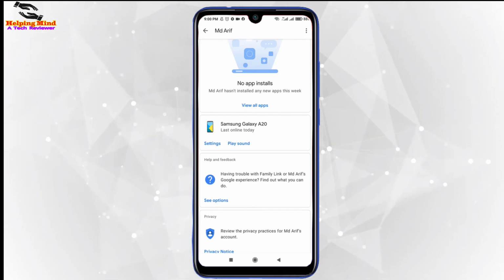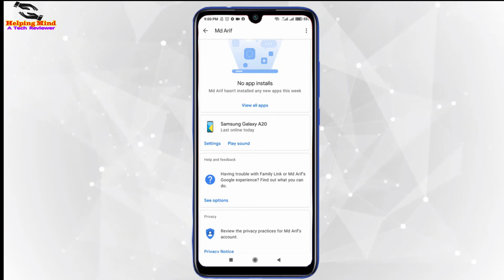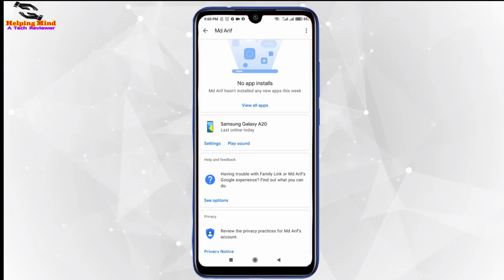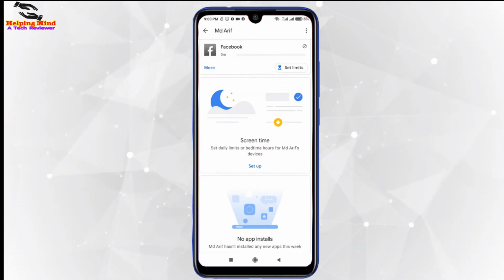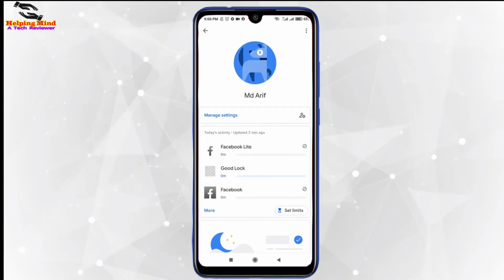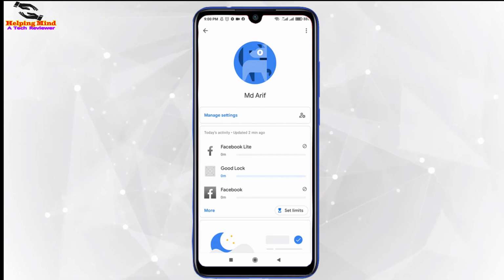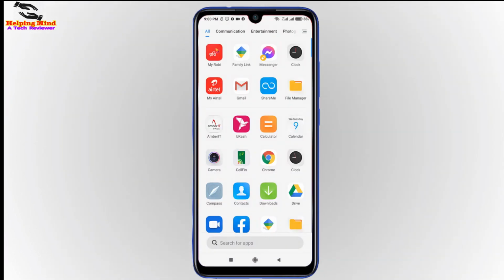In this way, you can customize many more options by this Family Link app, and you can supervise these devices from this Gmail account. So viewers, in this way we can enable parental controls on our any Android phone.